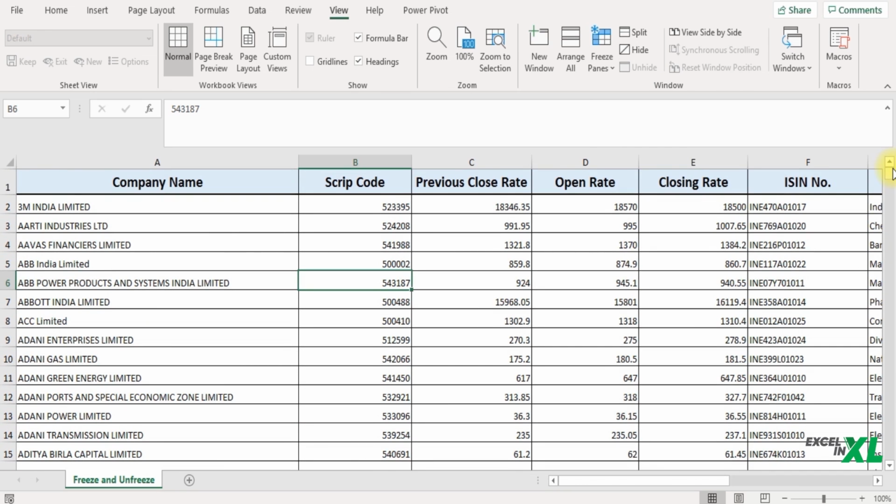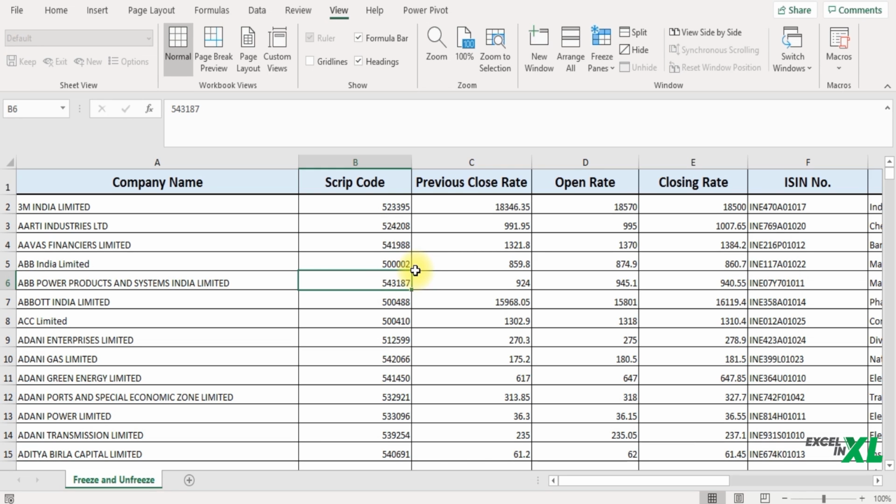Now let us go a step deeper and understand what if we want to freeze the first 5 rows or the first 2 or 3 columns. How would we do that? The next option that Excel provides us is the Freeze Panes option. When you want to freeze multiple rows or columns, let's say along with the company name, you also want to freeze the script code, and you also want to freeze the first 5 rows, that is, you want to see the first 4 companies that are really important to you.